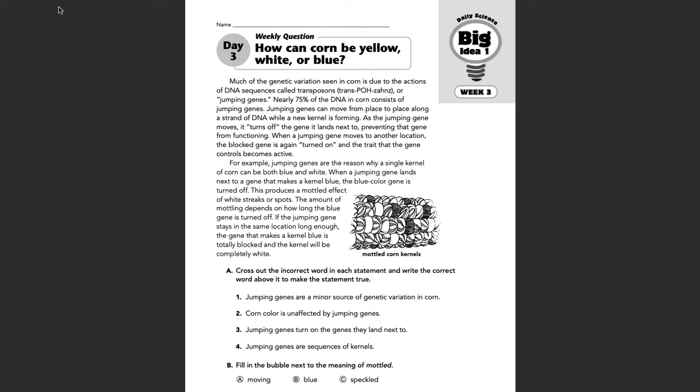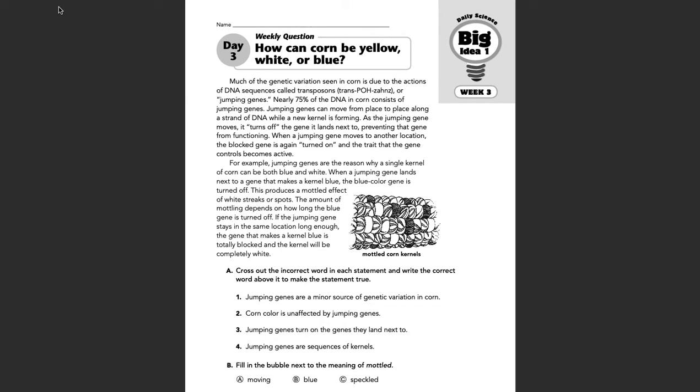Much of the genetic variation seen in corn is due to actions of DNA sequences called transposons, or jumping genes. Nearly 75% of the DNA in corn consists of jumping genes. Jumping genes can move from place to place along a strand of DNA while a new kernel is forming. As the jumping gene moves, it turns off the gene it lands next to, preventing that gene from functioning. When a jumping gene moves to another location, the blocked gene is again turned on, and the trait that the